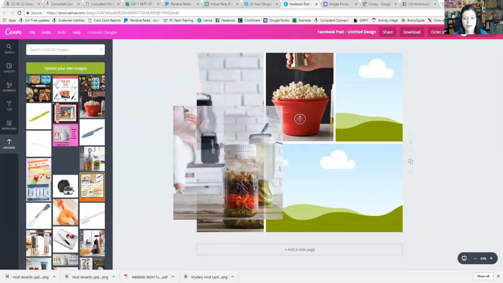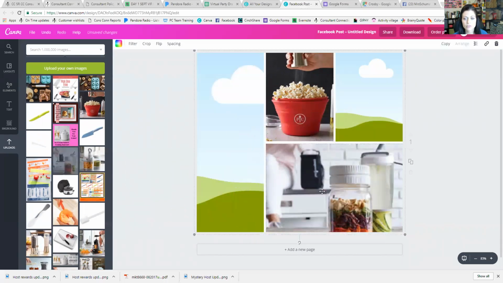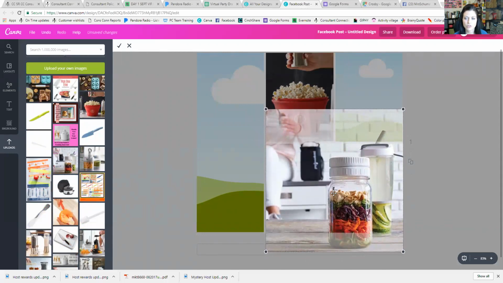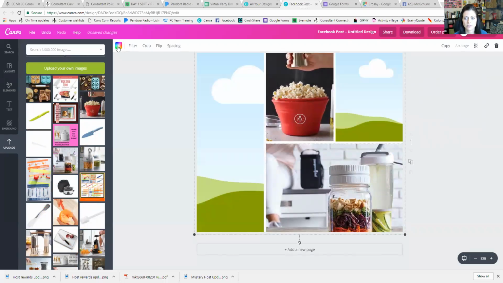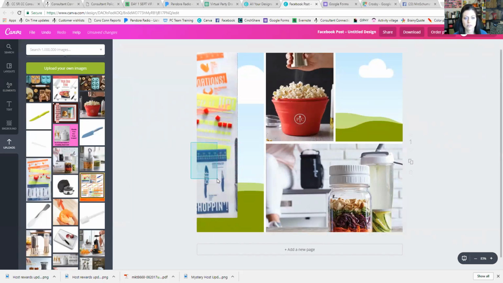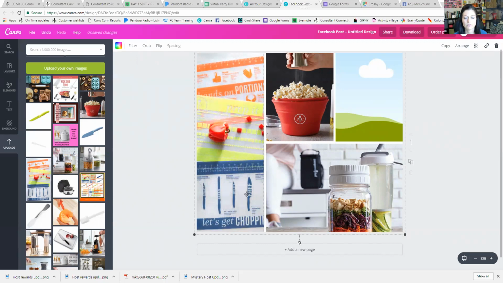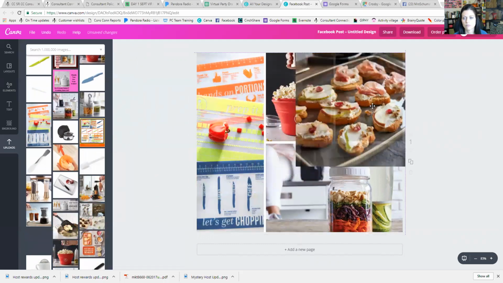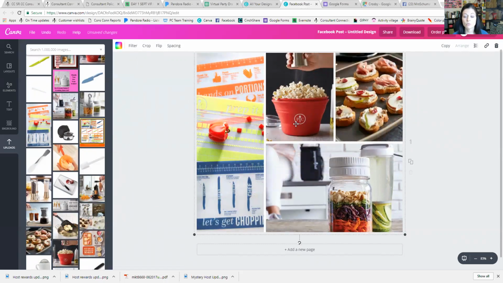So you just drag and drop each of the pictures that you want into this area. So that one, I might raise it up just a little bit so you can see it better, and then click on the check mark. And then, I bet these mats would look really good right here. So we can drag those in there, and then let's see, we need one more. So let's go with this one. Why not? Okay, so we've got these four